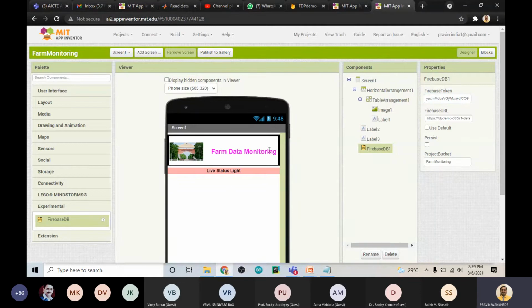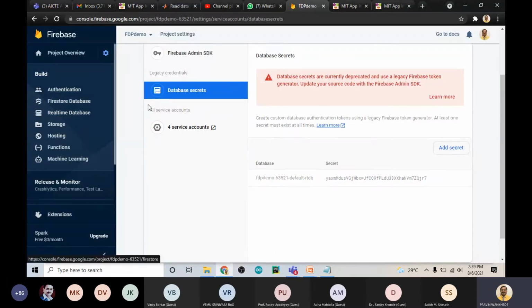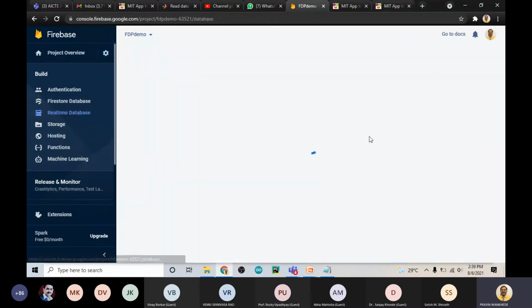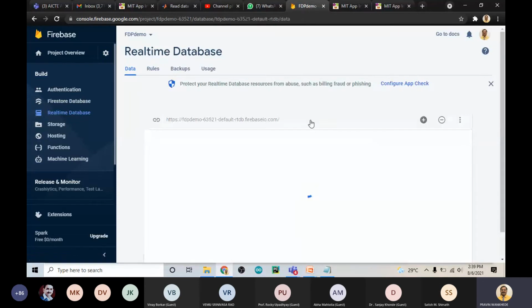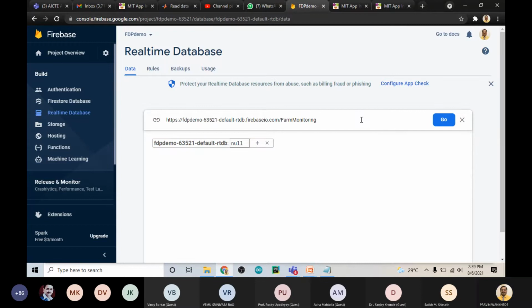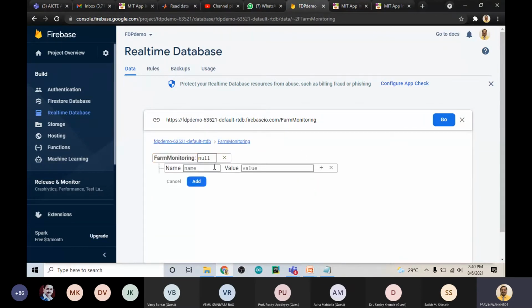Everything is good. Now we have to create it. Database. Create bucket. Add the name here.